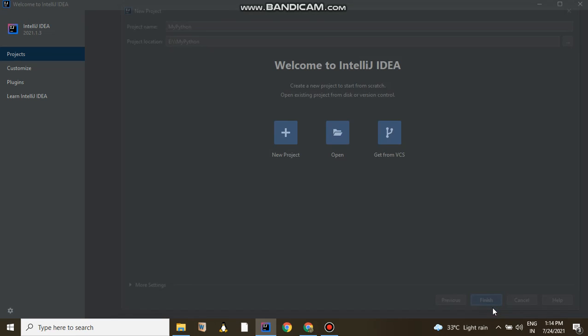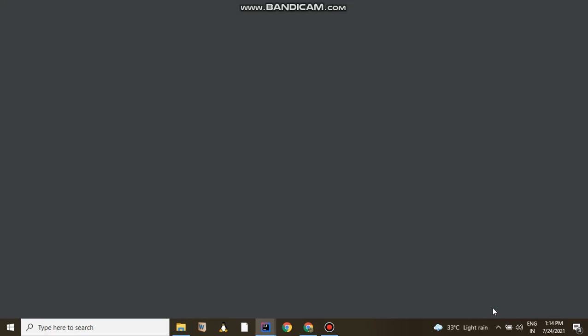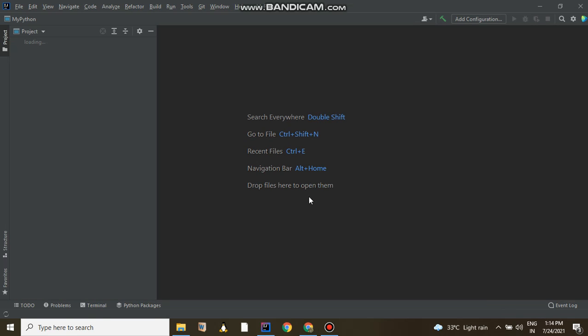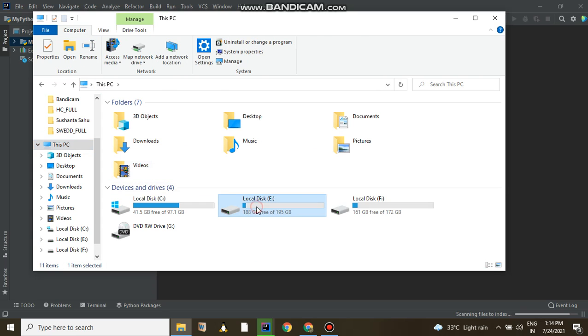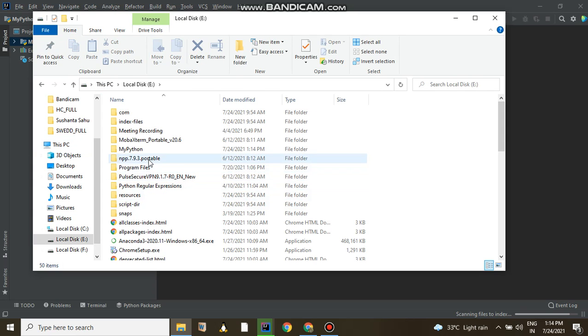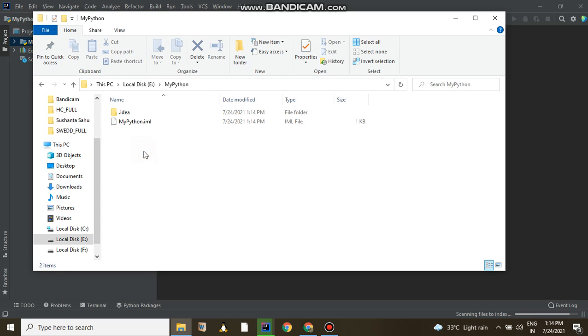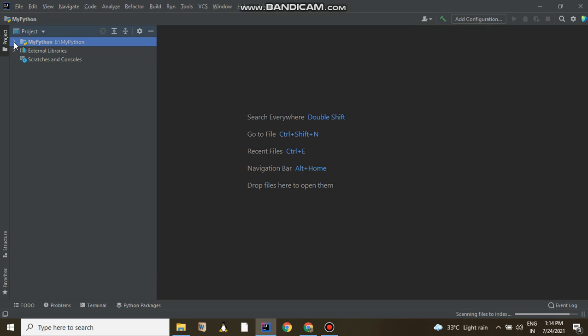Let's click finish. It will take some time, and inside this you can see a Python folder will be there. Again, refresh this. Yes, now you can see there is a Python folder, right? In the Python folder there are two things, .idea and myPython.iml. Now open it,